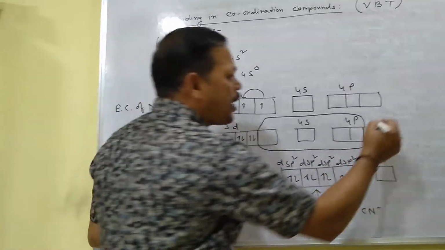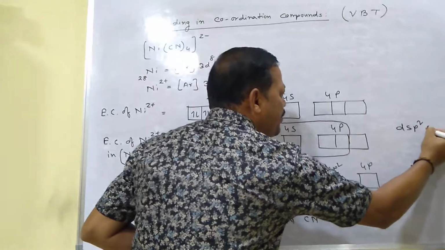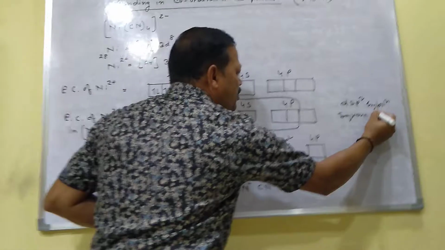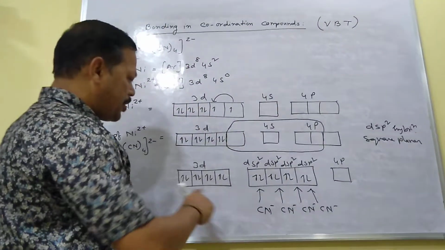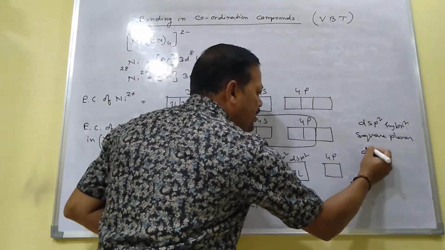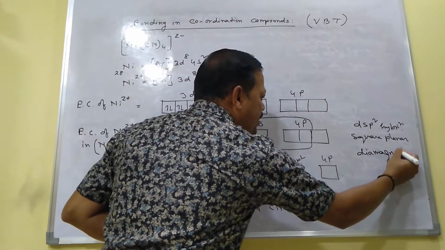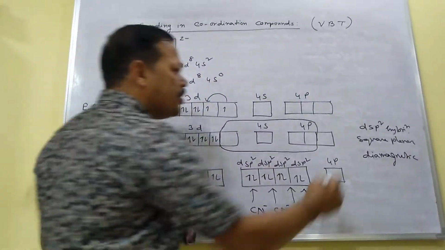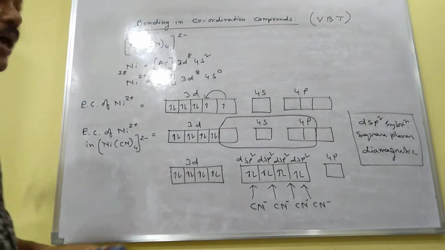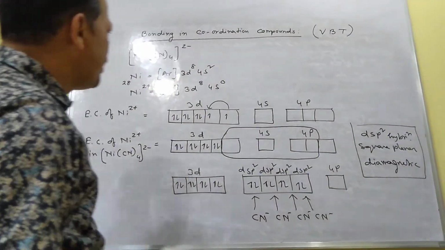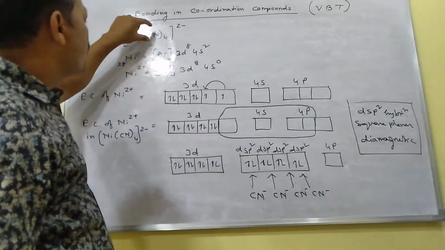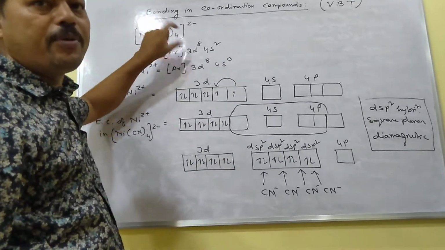So here the hybridization you have got is dsp2, and due to the presence of dsp2 hybridization, its shape will be square planar. Now see the unpaired electrons: there is no unpaired electron after hybridization. That's why the complex is said to be diamagnetic. I mean the magnetic property will be diamagnetic in nature. Like this you can find out the type of hybridization, shape of the complex and the magnetic property of the complex. Now these are the hybridizations I have shown for the complexes whose coordination number is 4, I mean 4 ligands present.